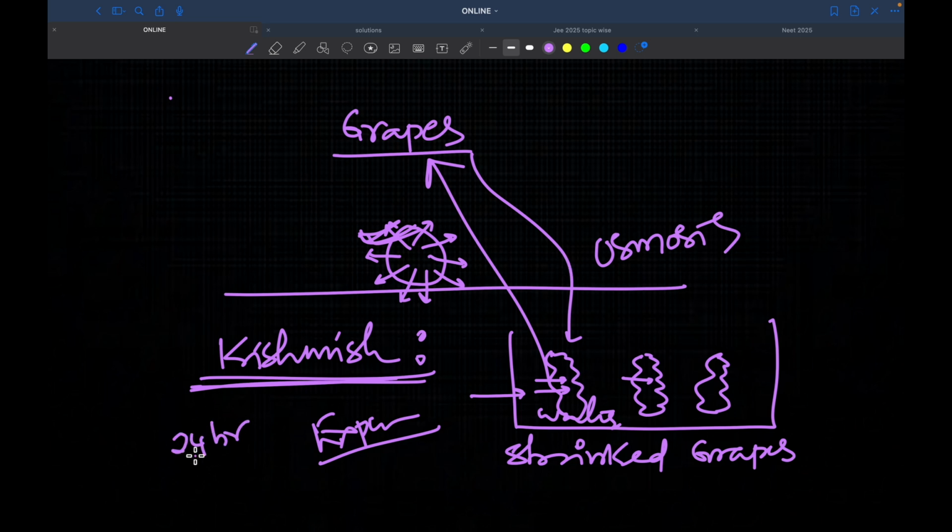You check them in the morning, you will see the grapes are being formed back. So this process is called as... Here also the same process is happening. The process is the same. So this is the shrinked grape, a little bigger. This is the shrinked grape,